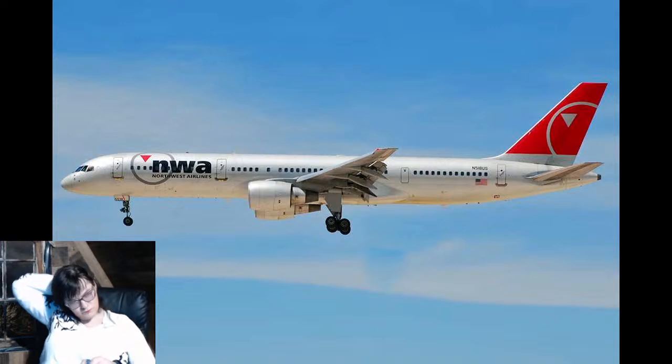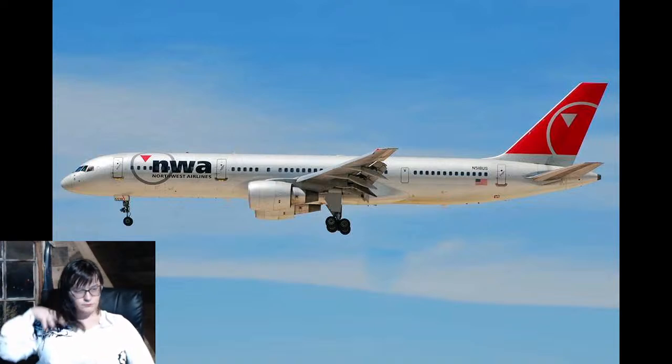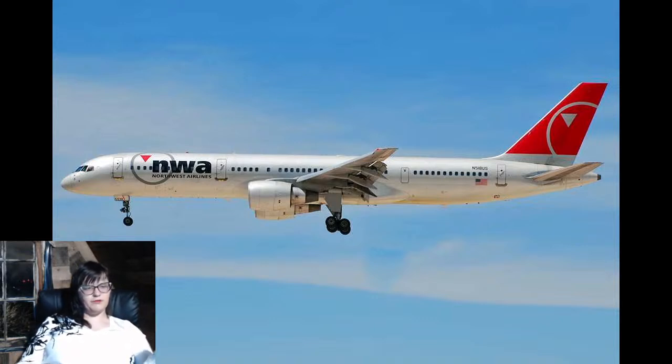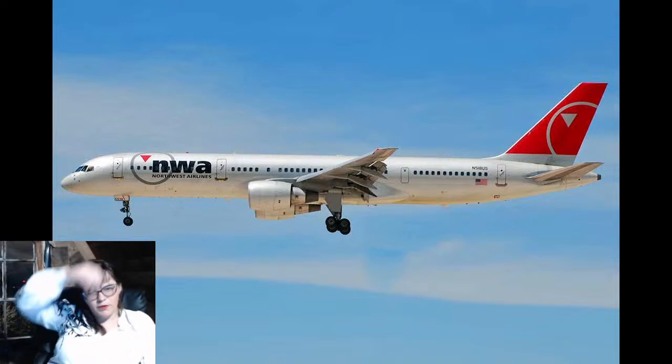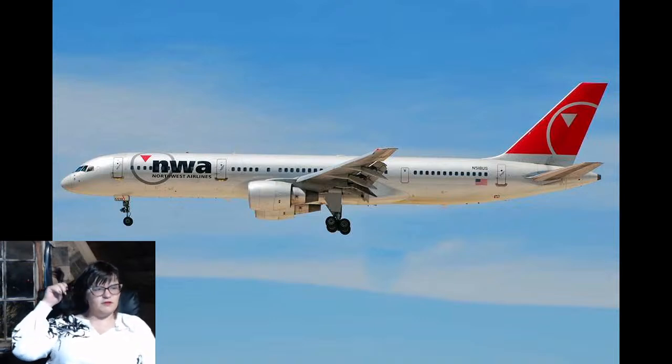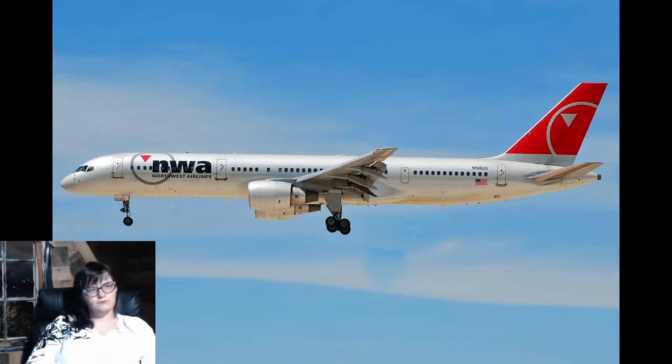So the 757 again was also meant for short and medium hops. It had a bit longer range than the 737, more passengers, but was a narrow body and was meant to bridge the gap between 727, 737, and 747 combined. Whereas the 767 was the jumbo wide body. So it's 747. And then the 777 broke that convention by...